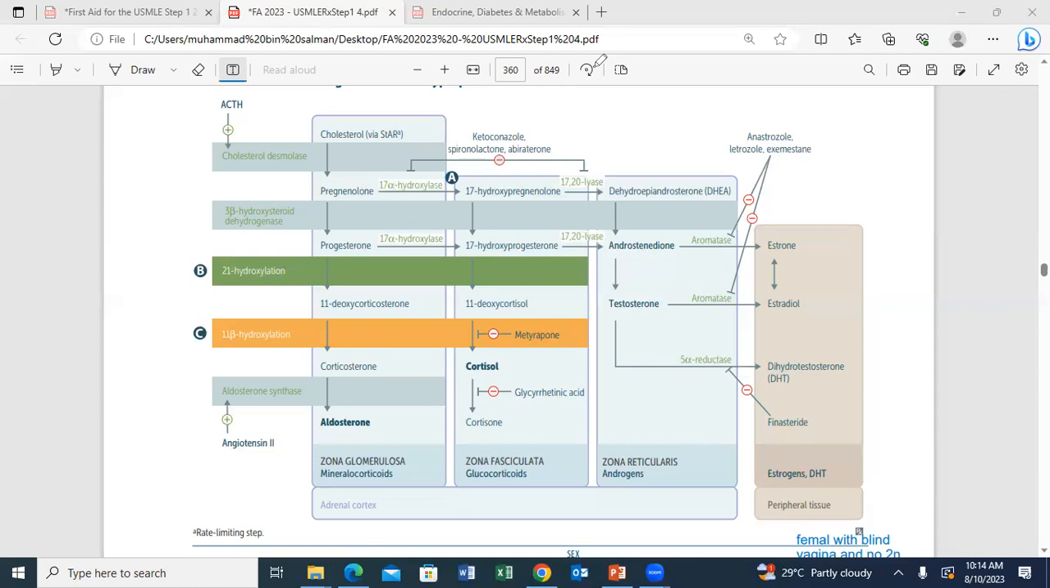For instance, you have to memorize that 17 alpha hydroxylase is responsible for converting progesterone into 17 hydroxyprogesterone, or pregnenolone into 17 hydroxypregnenolone. And then you have to memorize that 21 hydroxylation is involved in progesterone into this and this into this, and similarly 11 beta hydroxylase is involved in these conversions. So you have to at least memorize these 3 to 4 conversions, because you can have an MCQ in which